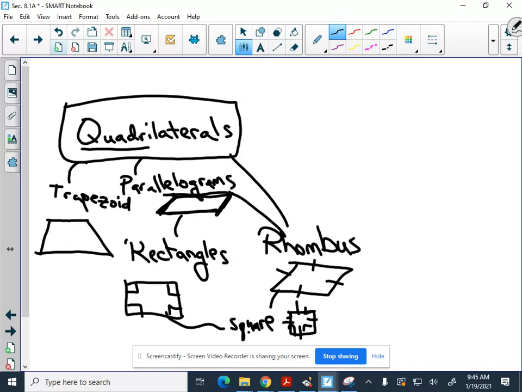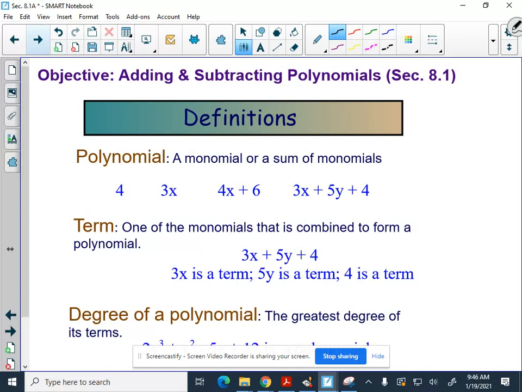The other thing about a rhombus, if you got on the bus this morning and you ended up at Lincoln High School, you got on the wrong bus. Anyway, that was supposed to be funny, but not many people laughed. Let's see, wrong bus. Come on, where's the laughter? Where's the love? All right, anyway,